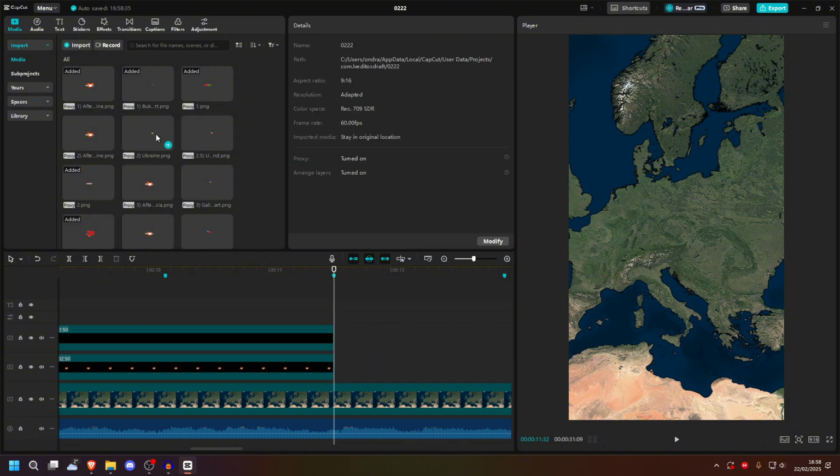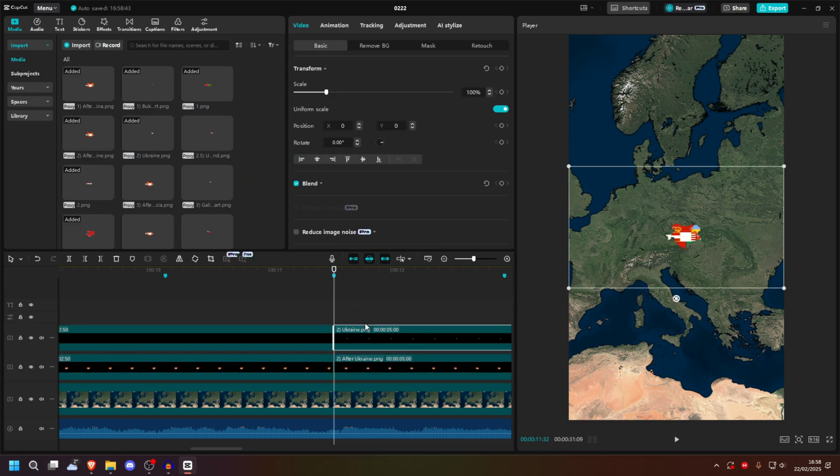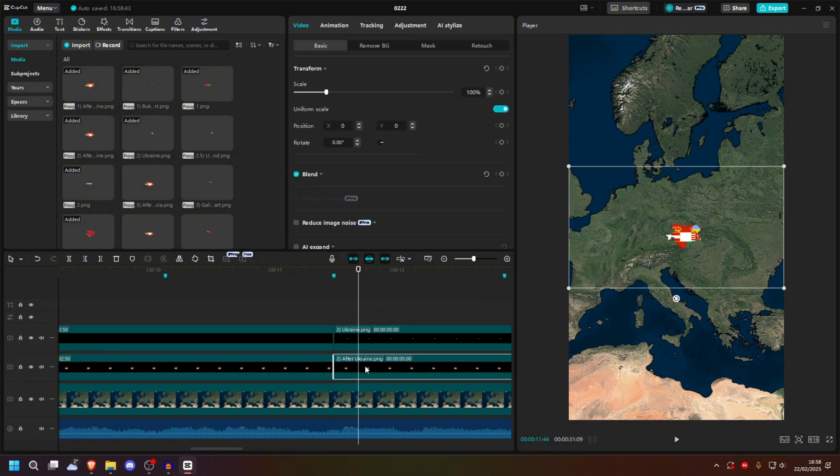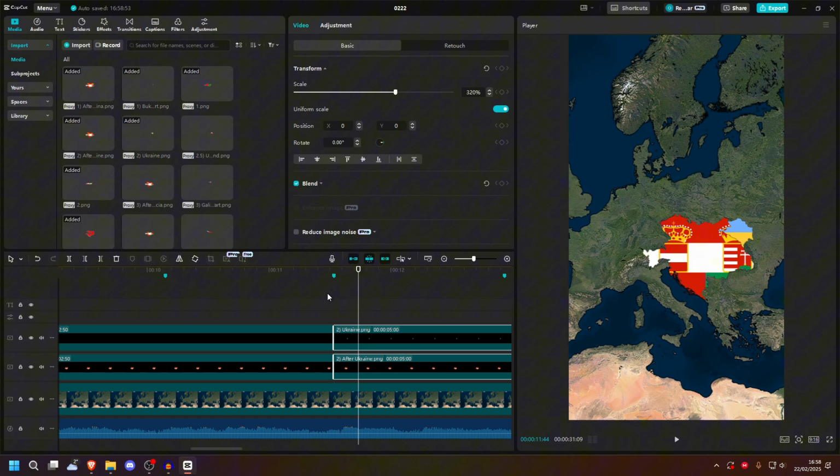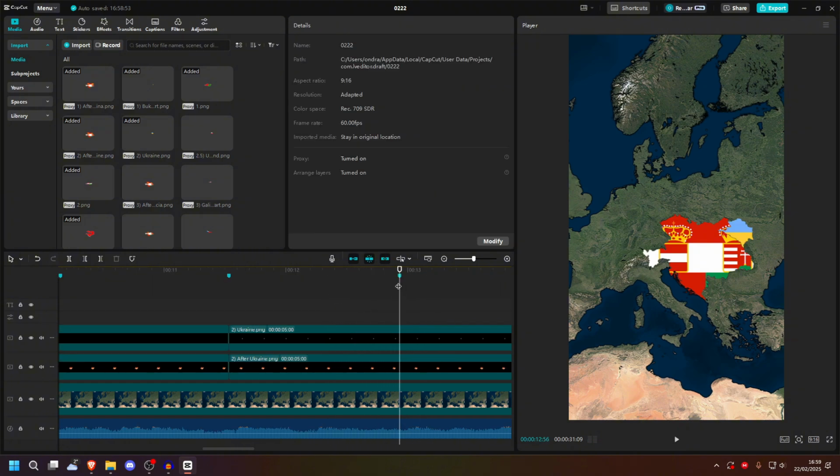Add after Ukraine. Change the scale of these two clips. By the way, I'm pressing Ctrl left click to select both of these clips. 320. Like that. Oh, and we will be needing to transition this partition into Poland, because West People's Ukraine Republic